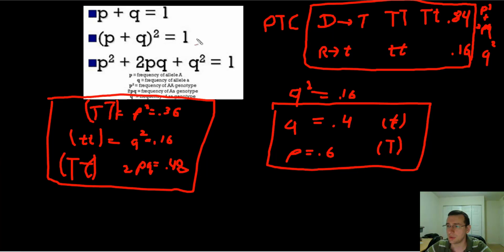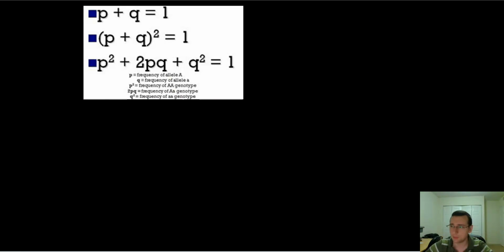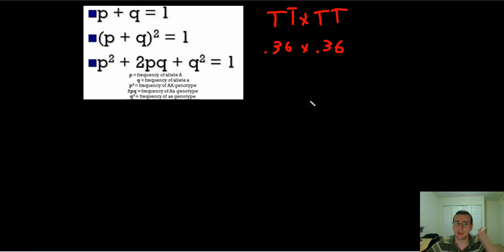Now, another cool application that you can do with this, and remember the numbers we just found out, is that you can then calculate the probability of any given cross happening in the population. So let's say, for example, you know the ratios, like we just did, and you want to figure out the probability of a homozygous dominant true breeding cross like this. Now, you know that there was a 36% chance of being homozygous dominant in this population, right? So this particular allele frequency was 0.36 times 0.36,